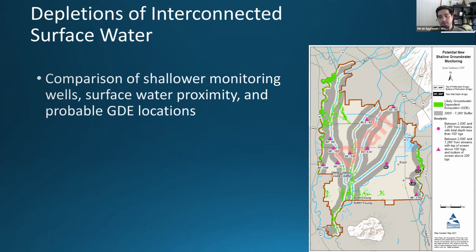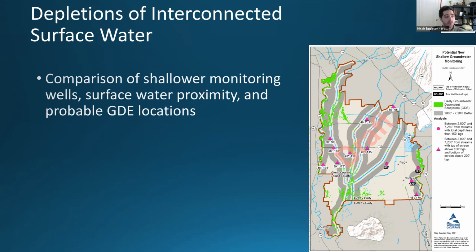And if you look at the map on the screen right now, you can see that we have these gray strips following these water bodies throughout the basin. And these gray strips are between 2,000 feet and 7,280 feet. And the reason we do that is because any closer to these surface water bodies,